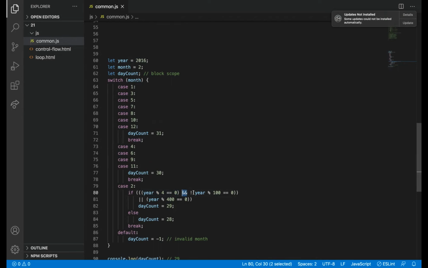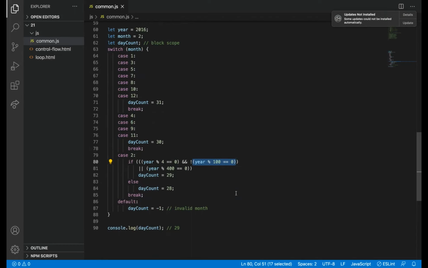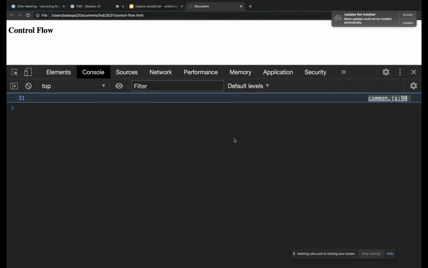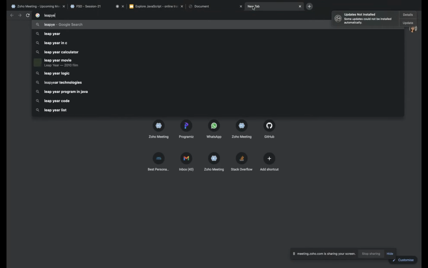After that, it will go to this condition. Why this condition is there, they'll check whether it is a millennium or something like that, I think. I'm not sure about this condition. Year modulo 100 equal to 0. So it should not be a year like 2000 or 2100, 2200, and so on. I don't know why they are checking this. Maybe anybody knows the perfect definition of a leap year?